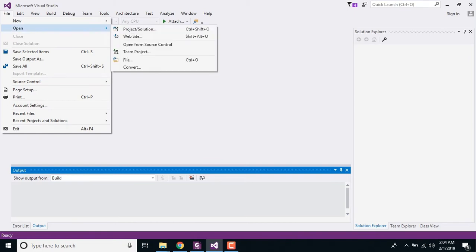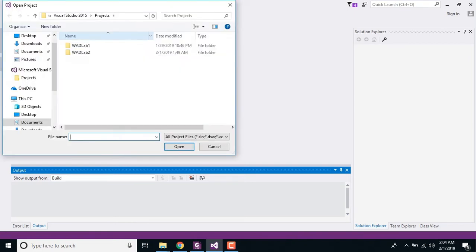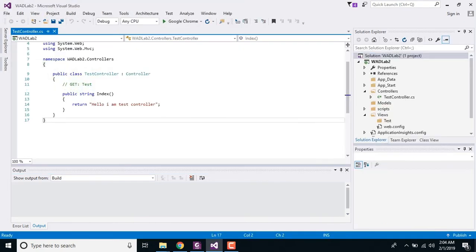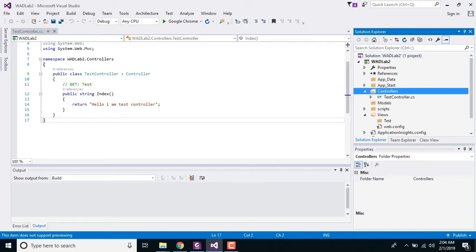I have to reopen the project which I have already created. Here it is. From here I'm going to create a controller